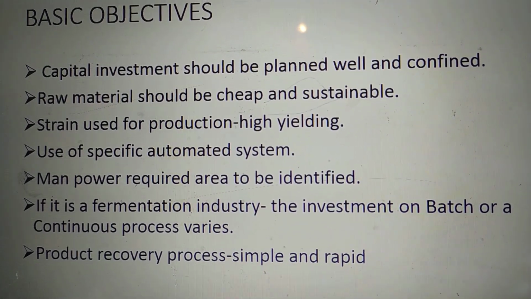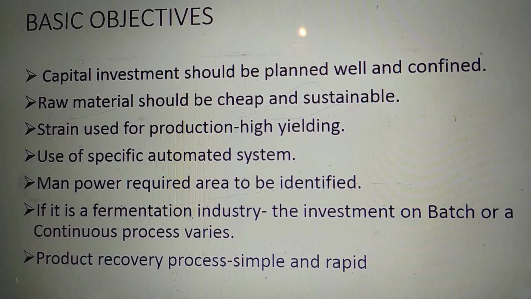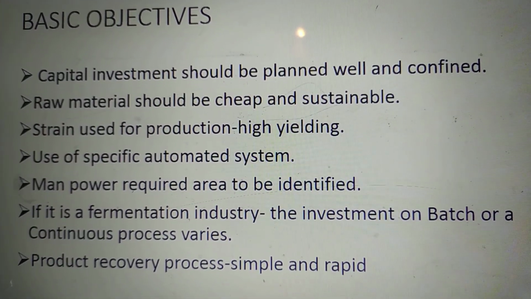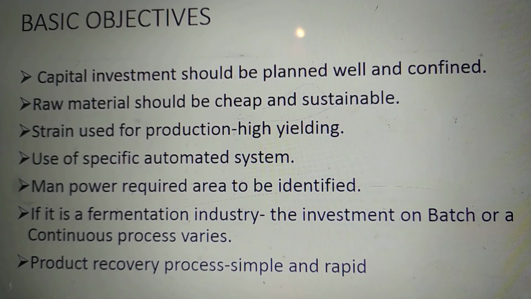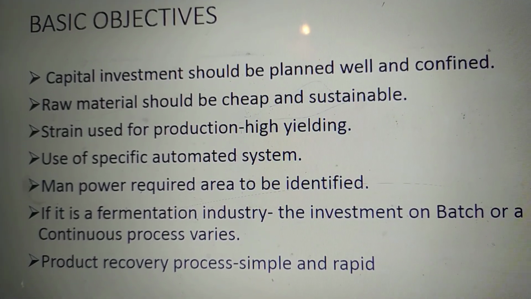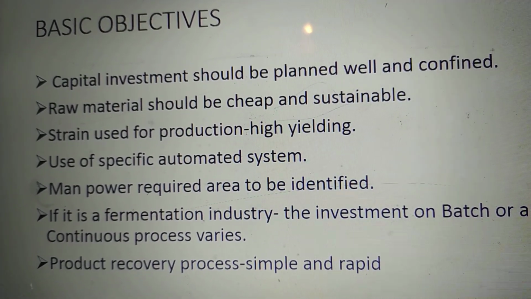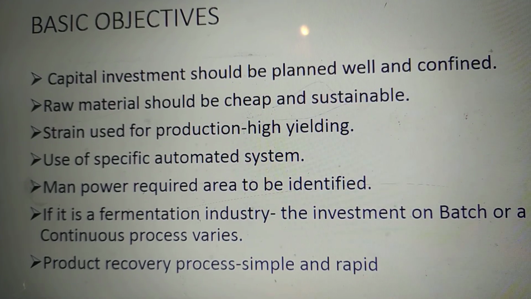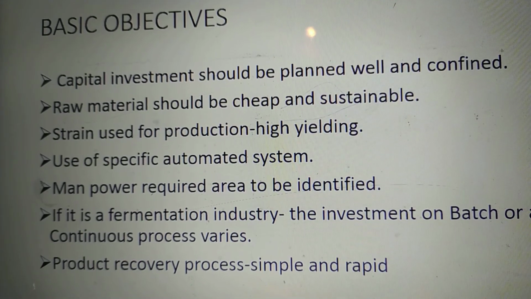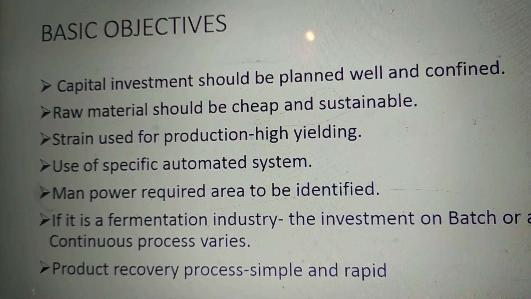So what is the concern here? We must know how much the investment for the industry should be, and that there should be some changes. So the objectives of economics mean your industry grows when you have all these aspects. So what does the industry spend? What does the industry look upon? Next, the manpower. After the automated system, you need to identify which areas need manpower.